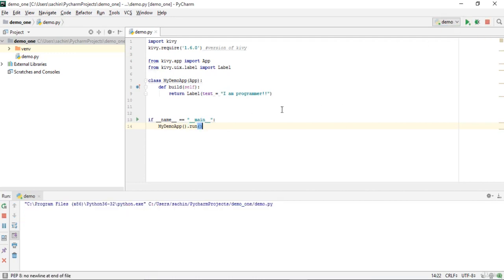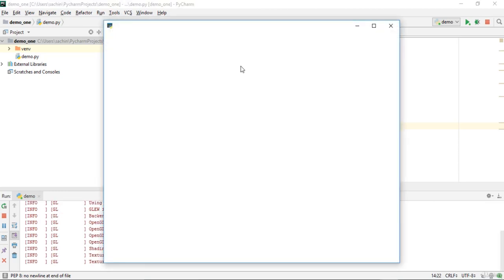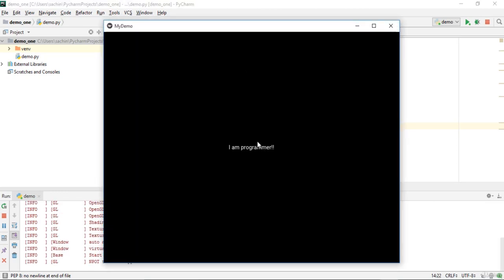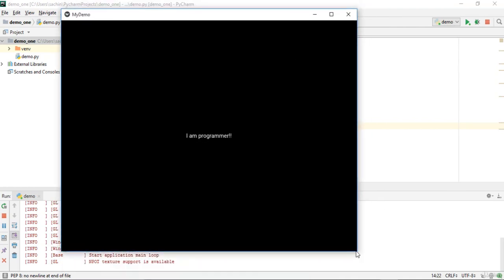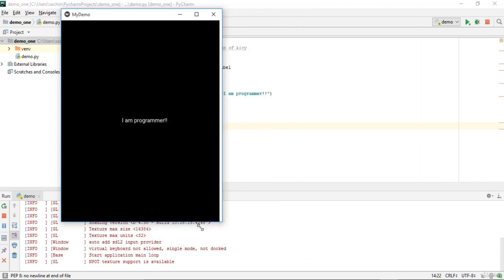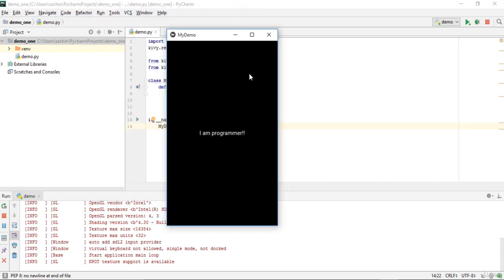Let me run it again, and you can see the window pops up now, and you can see the text right here, that is I am programmer. This is the text that is printed, and the demo app has a resizable window. That means if you make this window smaller, so it fits an Android device, then you can see the view for Android.